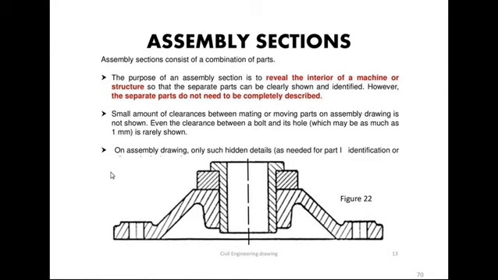The purpose behind hatching differently is the main thing: we can easily identify the different parts present.